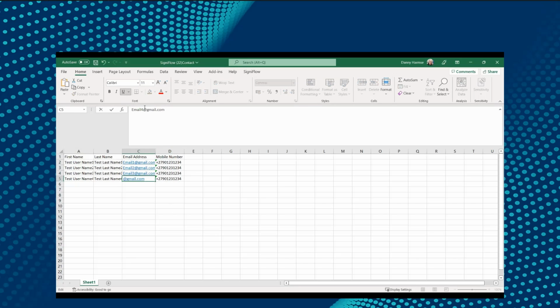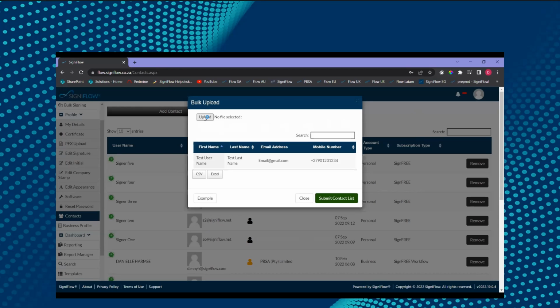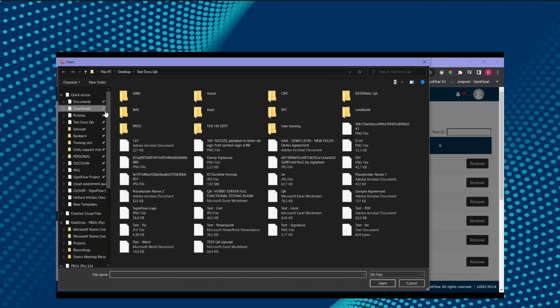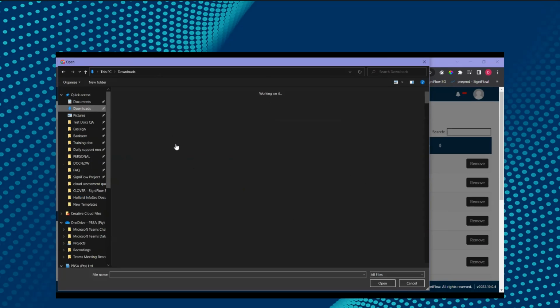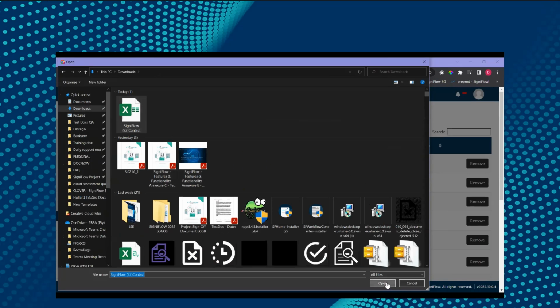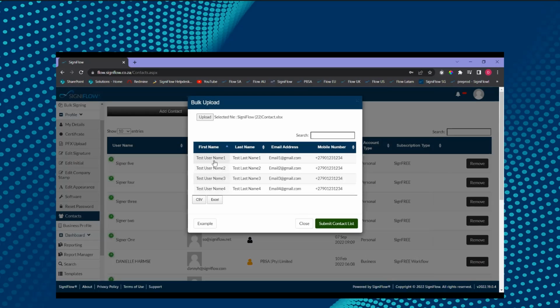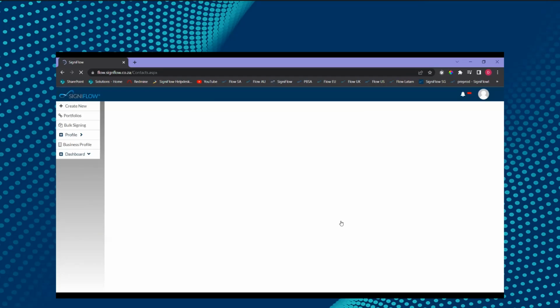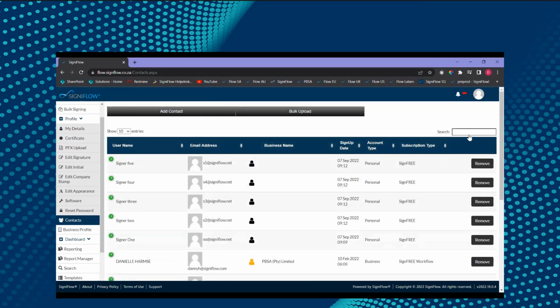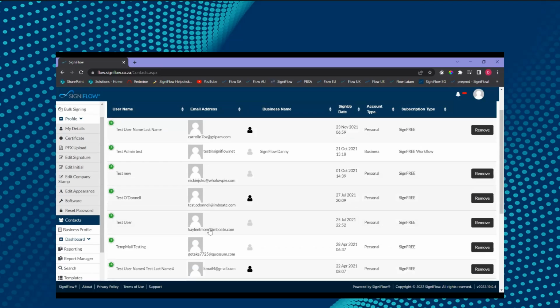And then once you have updated your contact information, simply save the sheet. Simply click on Upload. It's going to bring up your File Explorer. Select the document that you have just created, so the Excel file, click on open. That's going to then import those contact details into your SigniFlow, and you can submit the contact list. Once the contact list has been submitted, you will be able to pick up the contacts from your contact page. So if we look at anything, test user,